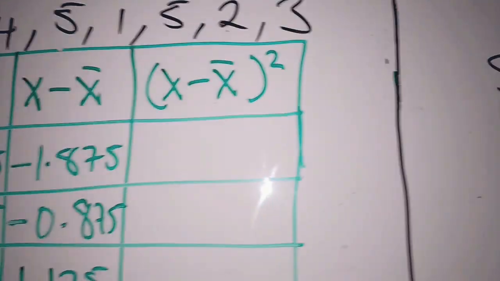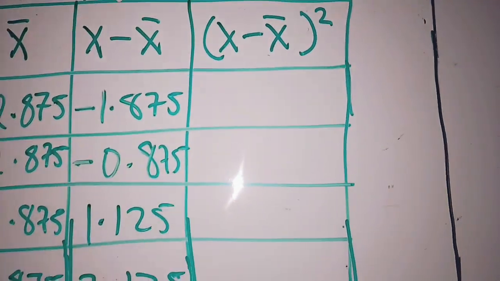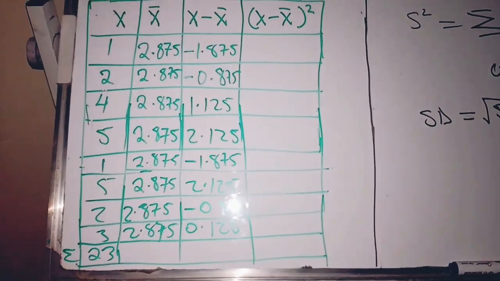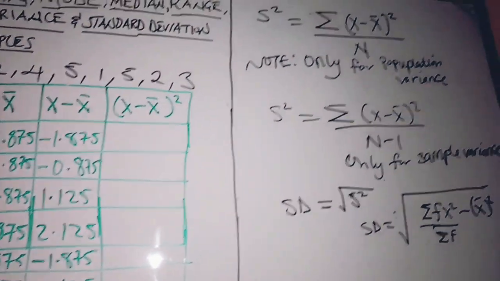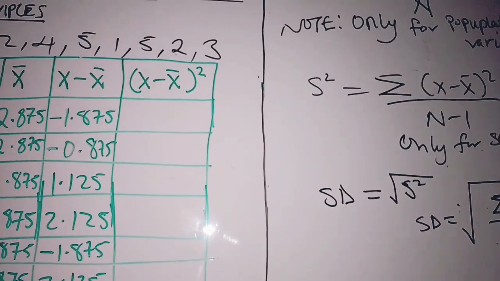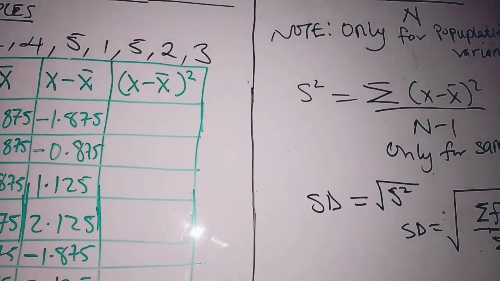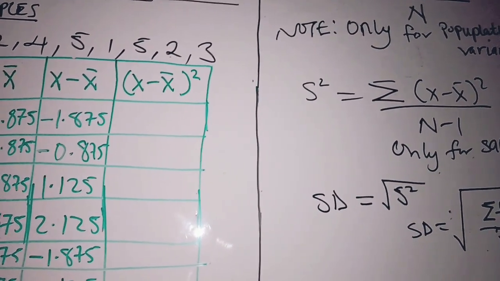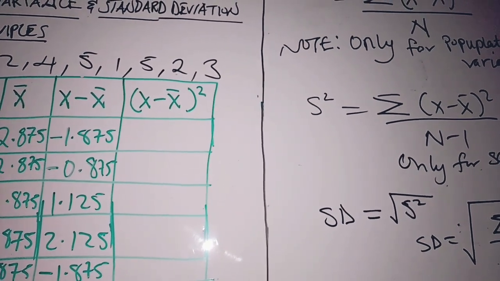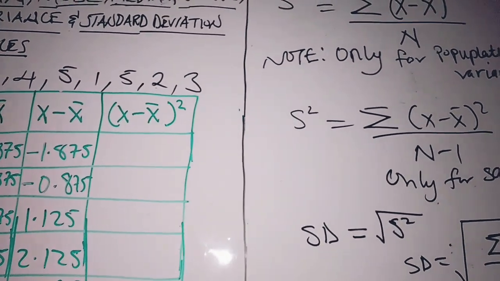Try to find this one, and if you can manage, then you can find the variance, and then you continue from there. We'll look at the other topic. We end here for now, and next time we'll look at the quartiles,